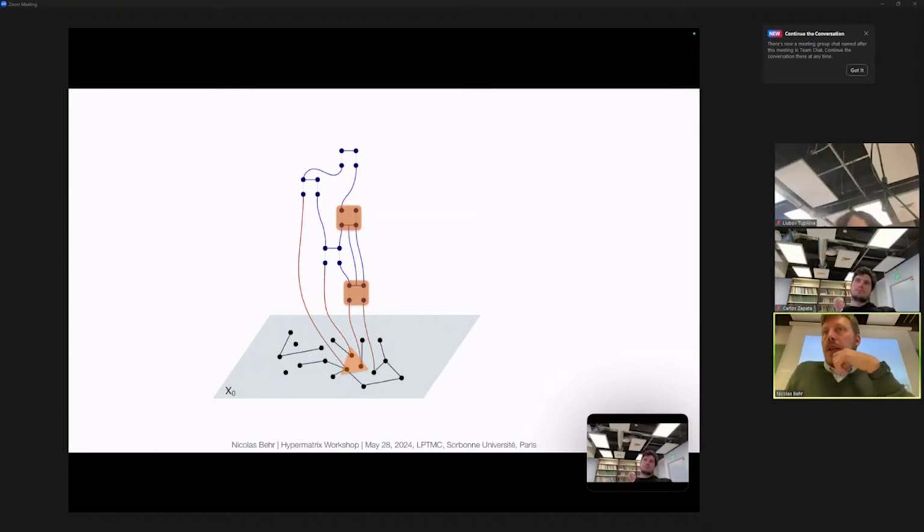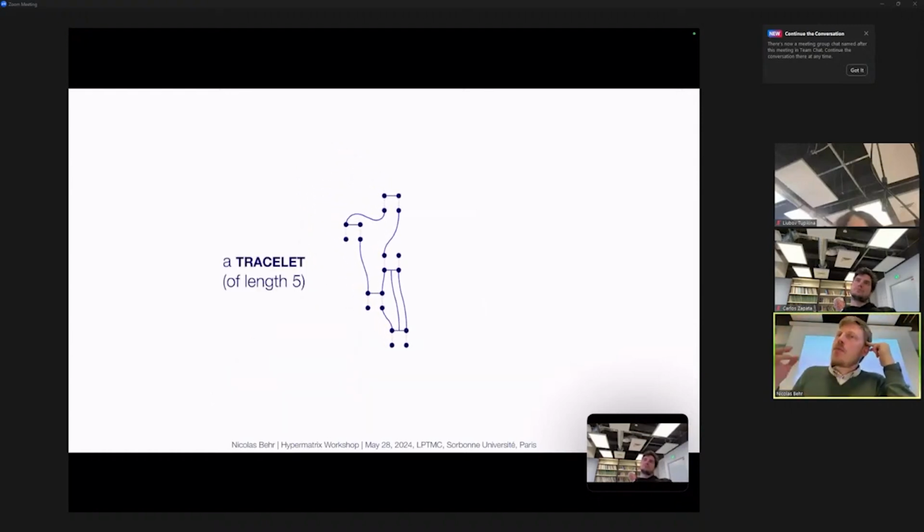But the selling point of doing this in the end will be that what is already sketched here in this picture is that there is an interesting property in its own right about this part of the diagram, which was how these different steps interacted. So a strange kind of wiring diagram structure, which I call tracelets, because it'll turn out that such a shape of 5 steps interacting in some form will be a template for all possible rewriting operations in 5 steps with this particular causal structure on any graph you put. So that will be the feature of compositionality.